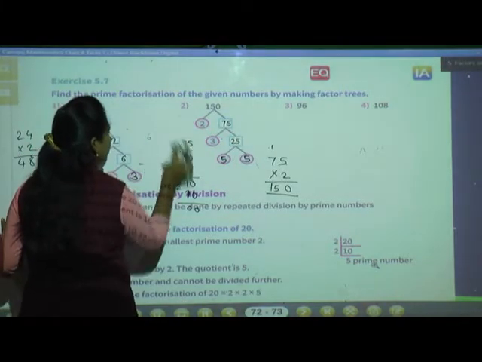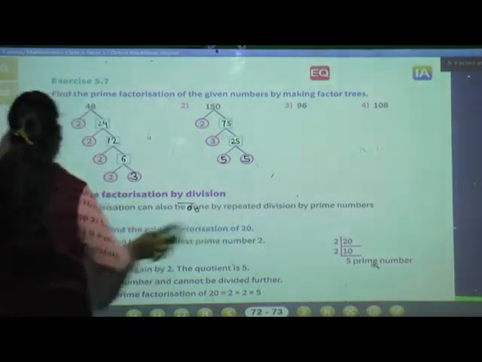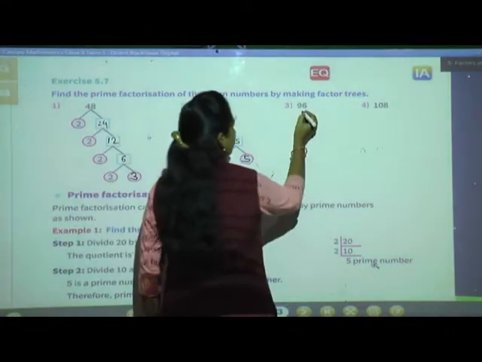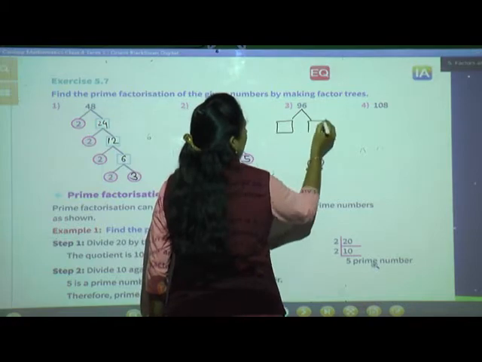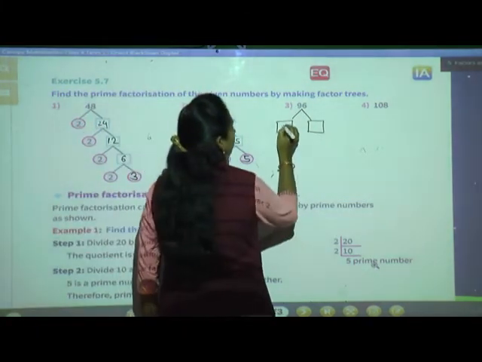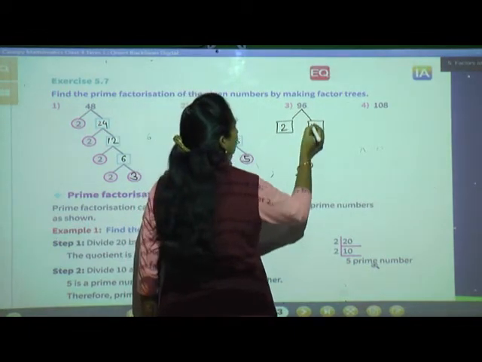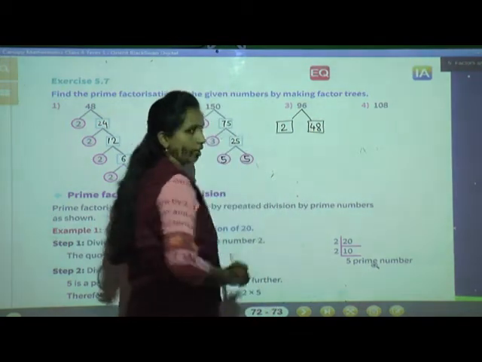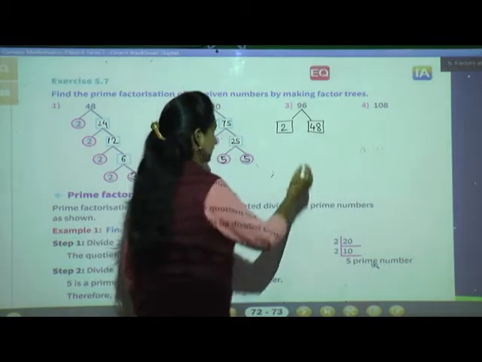Very good. Now we'll move to the third question. In these two questions they were given as fill in the blanks. Now this third one we are going to do on our own. Now see how we can split up both of these numbers. See, always we have to start from 2 only. Okay. Now 2 multiplied by what that we get 96? See, 2 4s are 8, 1 will remain, 2 8s are 16. You can cross check. When you multiply 48 by 2, you will get 96 only.